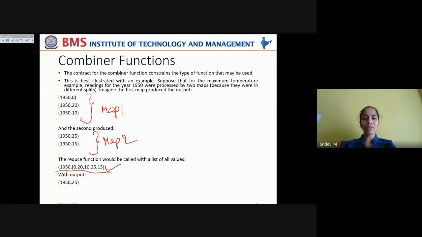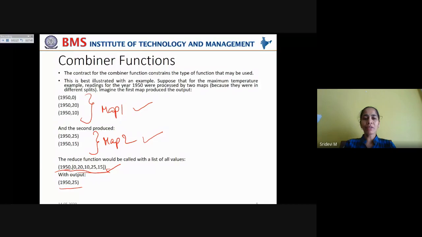This is the case if one map task runs this job. But if 2 maps run this job, then the first map task output will be like this and the second map task output will be like this. Now, the reduce function would be called with a list of all these values for 1950, 0, 20, 10, 25 and 15, and it will give the output 1950 and 25.